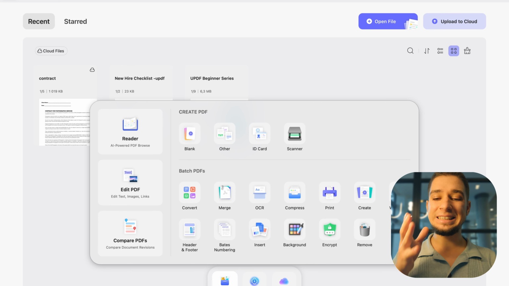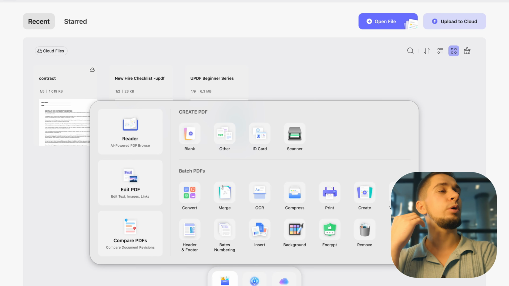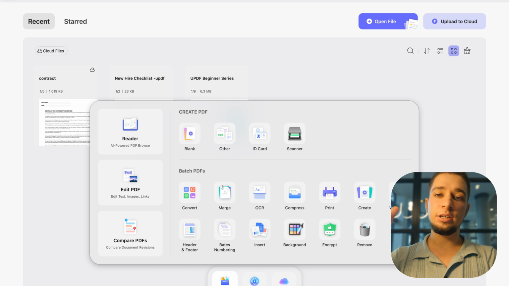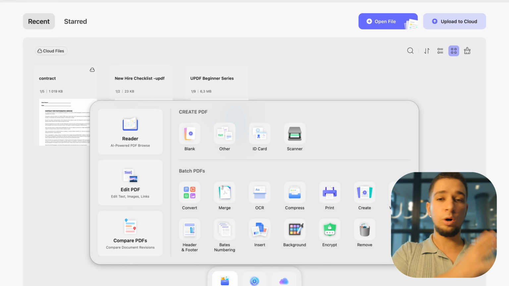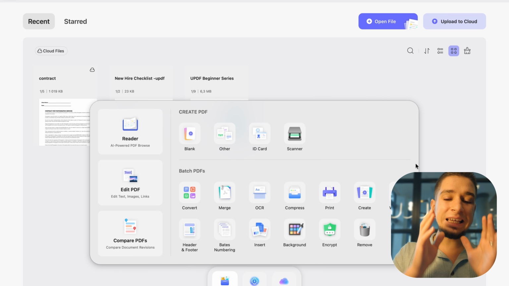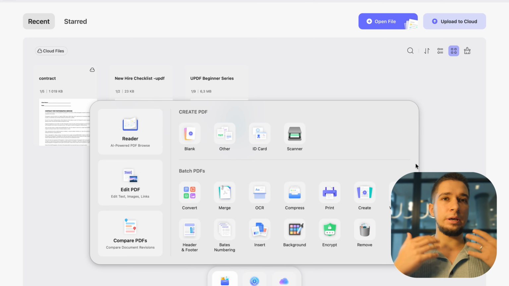Tools. Instant access to some of the tools. For example, if you have an ID card to scan, or any scanned documents, or you want to add a watermark to your work, all of these things can instantly be done here, so you'll be able to instantly work with the tools that you need. Because when you go to any other